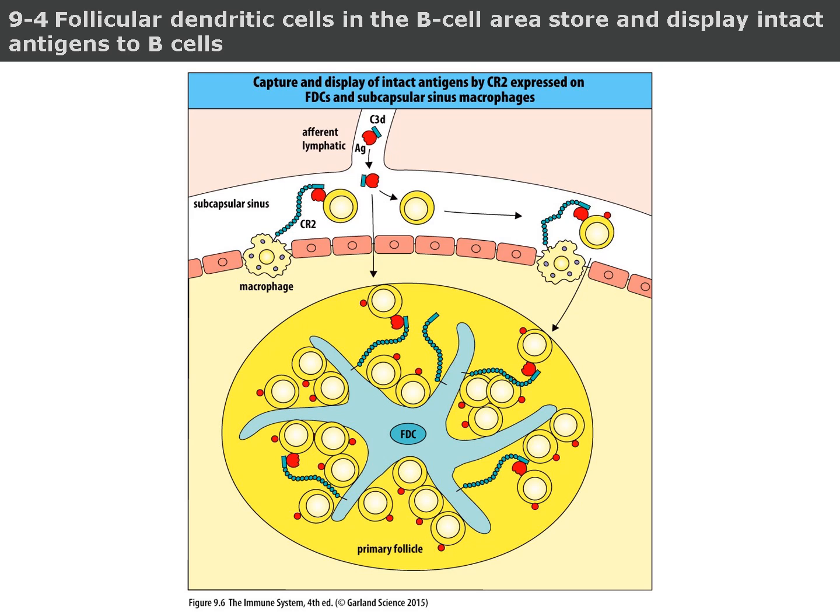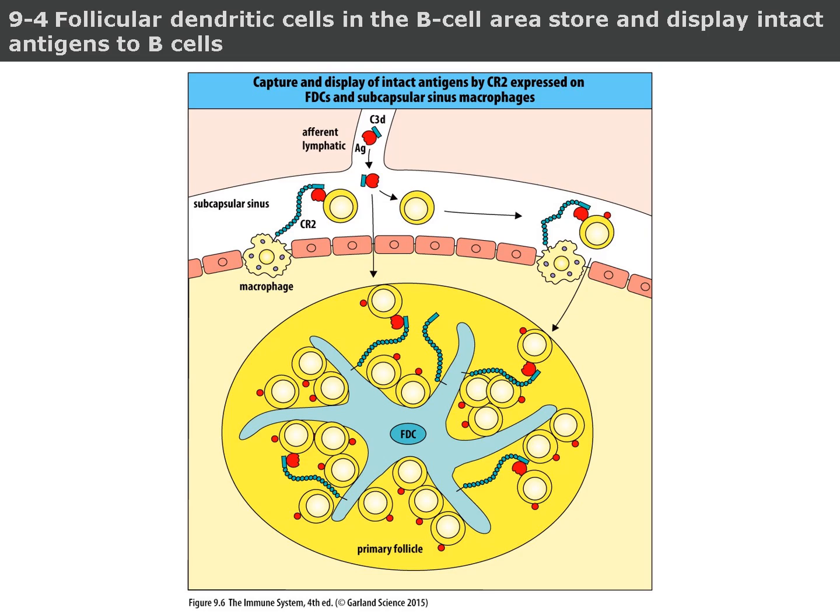These FDCs express complement receptors, especially CR2, which allow them to bind and retain intact antigens for extended periods. Inside the follicle, the FDC's branching processes present these antigens to naive B cells. This interaction is essential for B cell selection, affinity maturation, and the development of memory cells in the germinal center. In this way, FDCs create a localized and sustained antigen reservoir, ensuring B cells receive the necessary signals to fine-tune